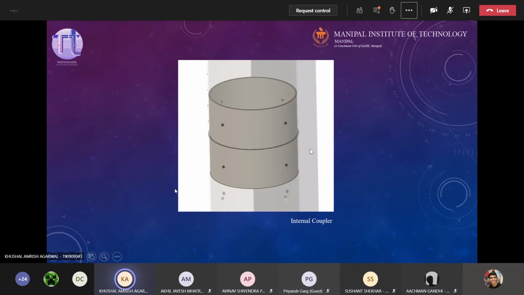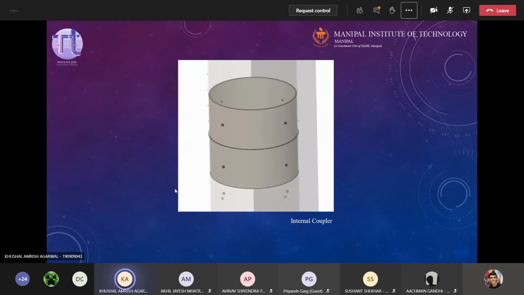So now to accommodate two 5 mm holes, we'll need a bulkhead of at least 40 mm thickness, that is 4 centimeter, and that is almost 2.5 times the thickness of the bulkhead that we had. And since the bulkhead is made of metal, this will lead to a lot of increase in weight if we go for bulkhead coupling. So that's why we avoid bulkhead coupling. Now the body tubes will be joined by internal coupling, as I mentioned.